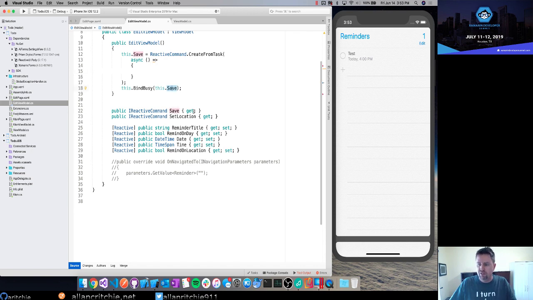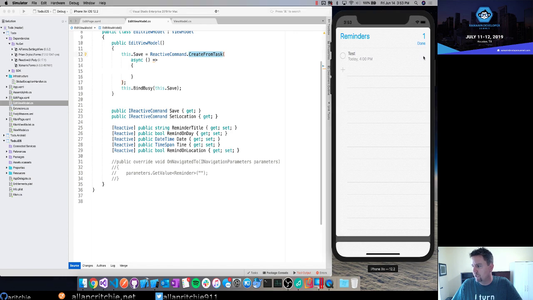So we've got that bind busy. One of the things too is you don't want these commands to execute if something is bad, right? I like to say that the command isn't ready to be executed. You either haven't entered all of the information, or, for instance, when I went into test here,